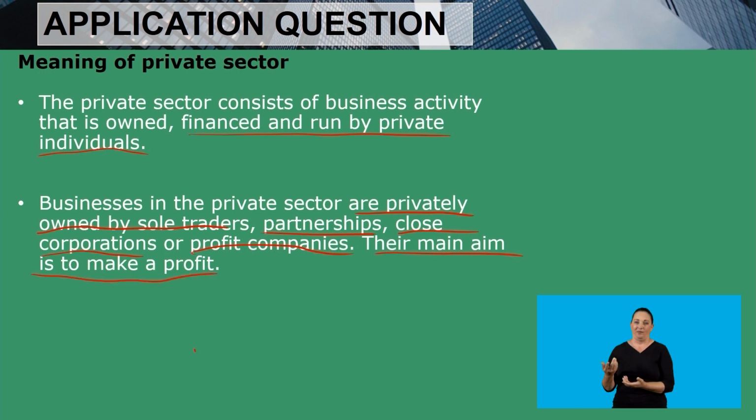So the businesses that you would find in the private sector, since they are owned and managed by private individuals, it can be a sole trader. Under the sole trader, it's only one person who owns the business, and that one person is not the government. You can find partnerships which are owned by private owners, so they fall under the private sector. And one thing that you need to understand is that under the private sector, these businesses, their main aim is to ensure that they make a profit. That's why they started these businesses.